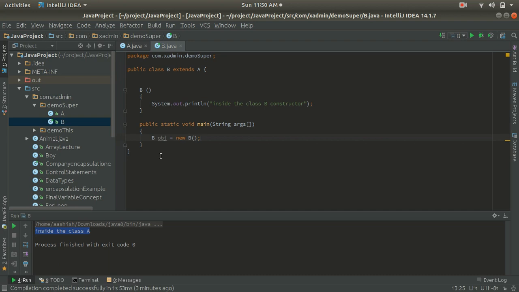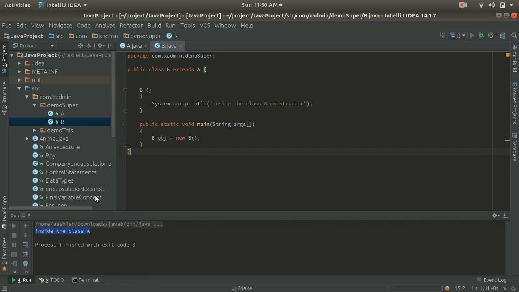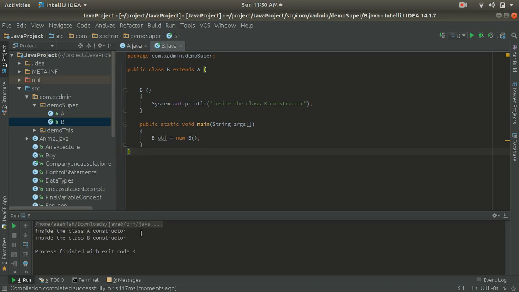Now let's compile and check. Here you can see that we are getting the output as inside the class A constructor and inside the class B constructor. Inside the main method, as I created the class B object, it invoked the class B constructor, and after that it invoked the class A constructor.